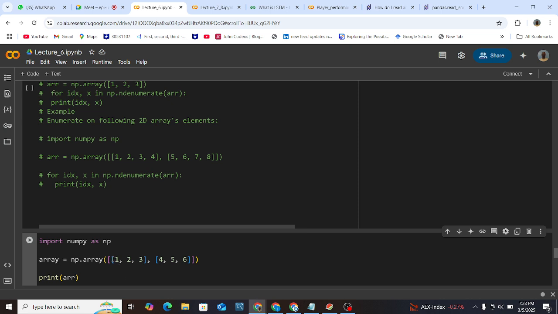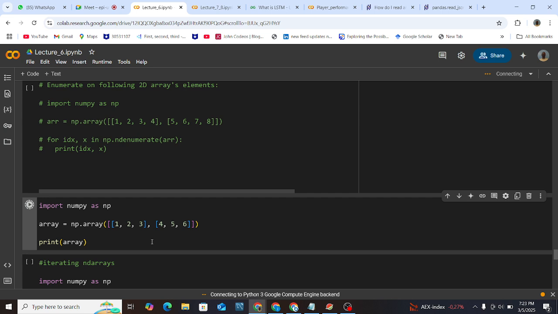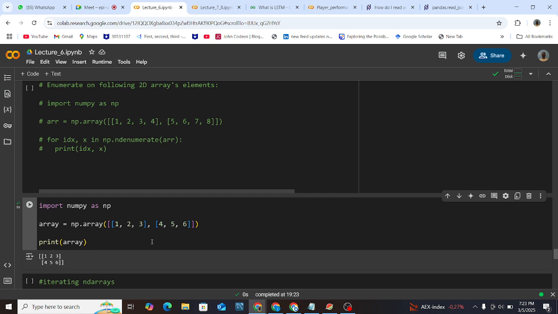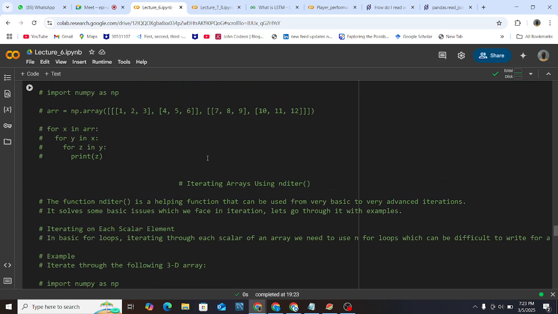And now the square bracket that holds each element in the two-dimensional array. So we have two. Then after that, we can just try to print our two-dimensional nd array. I think you can just run that and see the output. Yeah, and you can see that we already have this. The same applies with the three-dimensional array,